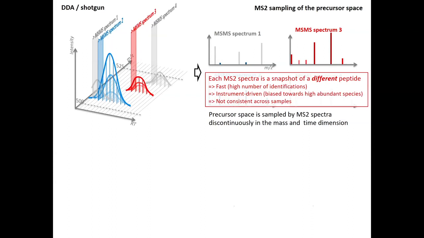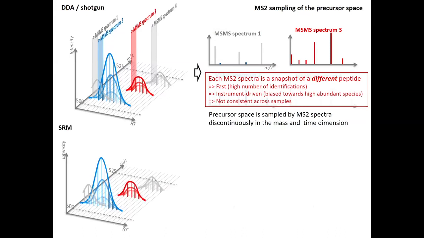So we can get a high number of identifications in a sort of qualitative sense. It's instrument driven somewhat, so it can be biased towards the high abundant species, because this is what you're telling the instrument to do. The heuristic is on the fly, and it can be potentially inconsistent across samples. In contrast, in SRM, if we look at the same picture,